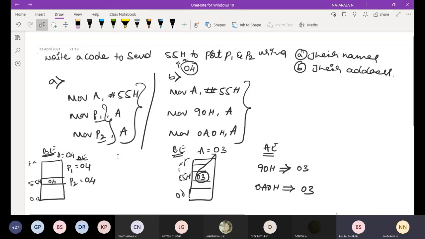See, we are not transferring the data from port to port. We are transferring the data from register to port. We cannot transfer port 1 data to port 2. We transfer data from register to port. That is why I have taken port 2, where I am going to store the data. Whatever the data in the accumulator, that I am going to move to port 2.